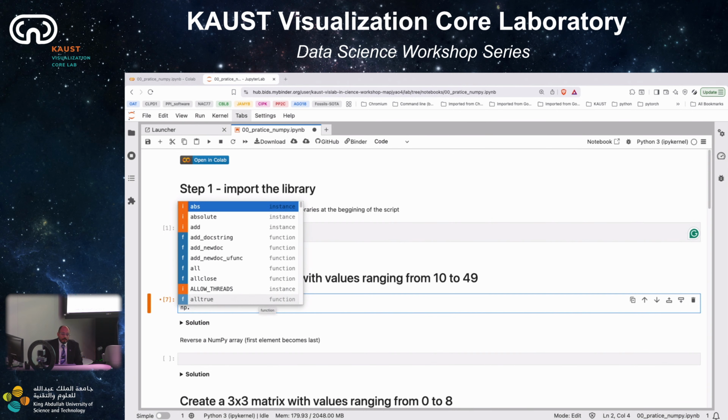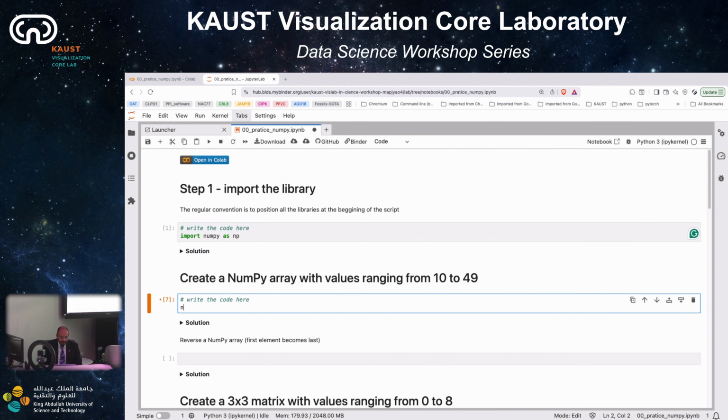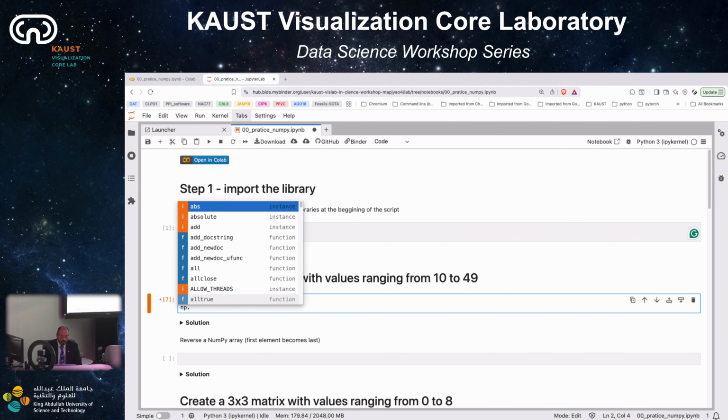In Jupyter Lab and in many other UIs, meaning the development environments, if you put, for example, np dot and then tab, it will open a menu where you can actually use all the functions there, and you can just cycle through them. If you do arange, you have different other functions here, instances, as a matter of fact, and functions that you can use, like argmax, the biggest number inside of an array or a list. In arange, for example,